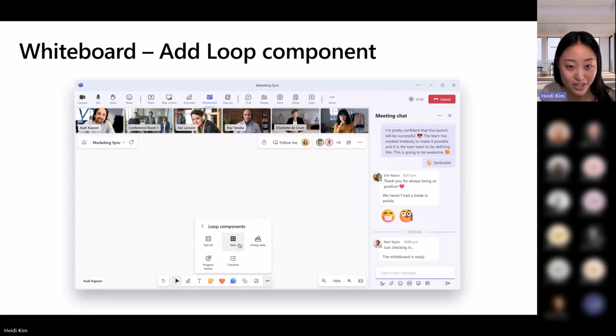We've got Loop integration as well. This is really powerful for a number of classroom scenarios, say using a pre-prepared agenda or getting responses through votes, and even summarizing discussion points in a table. Loop components are also live, and if you paste them into other M365 apps like Teams or Outlook, they maintain a single source of truth, so they stay in sync across all instances, which is really great when you're working in a class collaboration setting.